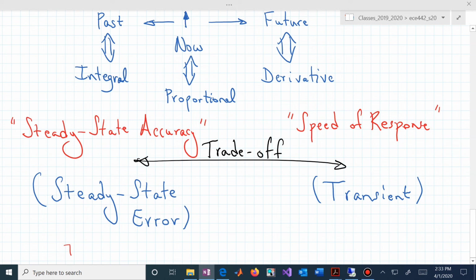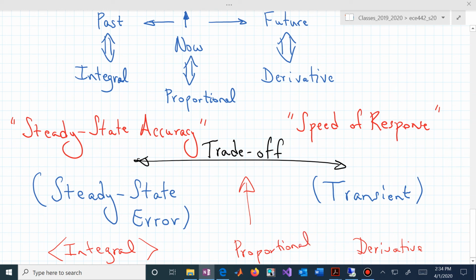And in fact, control is always usually concerned with this trade-off between steady state accuracy, which is really going to be enhanced by the integral term in the PID controller. The transient is influenced obviously now by the derivative. How are we moving? What are we anticipating? And the proportional piece is at the current time. But this trade-off, based on our insight of the given system and how we want it to behave, we're usually trading off